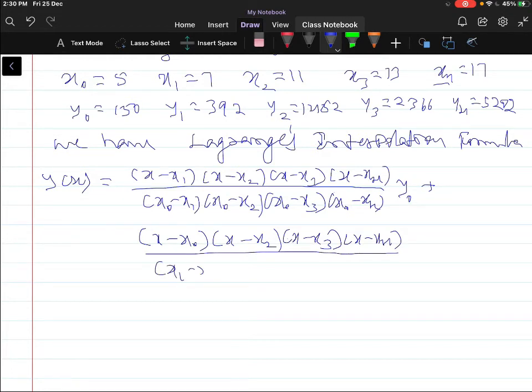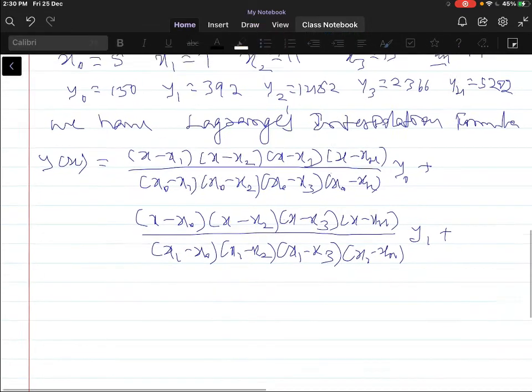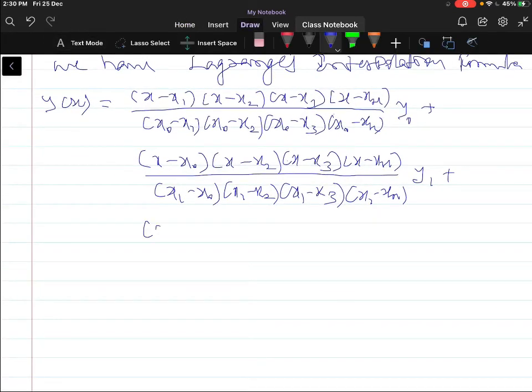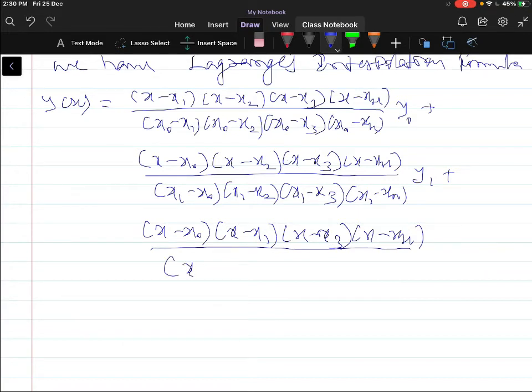And (x minus x0)(x minus x2)(x minus x3)(x minus x4) divided by, you have to subtract from the x1 value: (x1 minus x0)(x1 minus x2)(x1 minus x3)(x1 minus x4) into y1 plus, let us add the third term, (x minus x0)(x minus x1), we should not subtract the x1 from x2 here, that is (x minus x3), we should write here (x minus x4) divided by